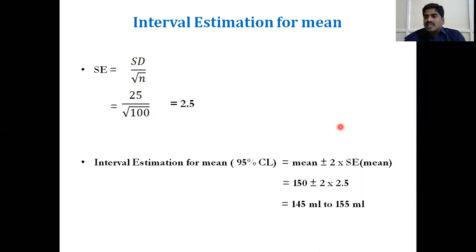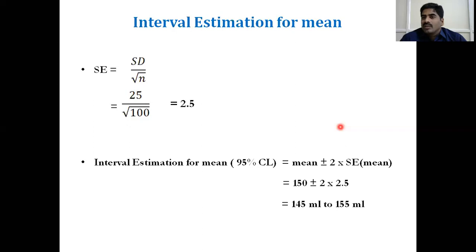Okay. So estimation is divided into two types. One is point estimation and the second one is interval estimation. Point estimation means whatever results you get in the sample, you generalize those results to the population. But the population mean or population proportion definitely differs from the sample. This difference is called the error. So we should not represent with a single value, that means point estimation. We are better off giving an interval for finding the population parameters.